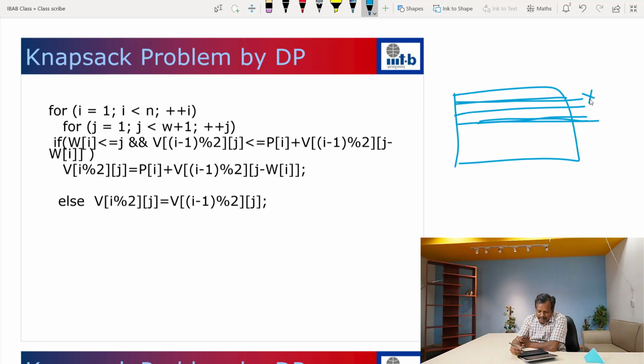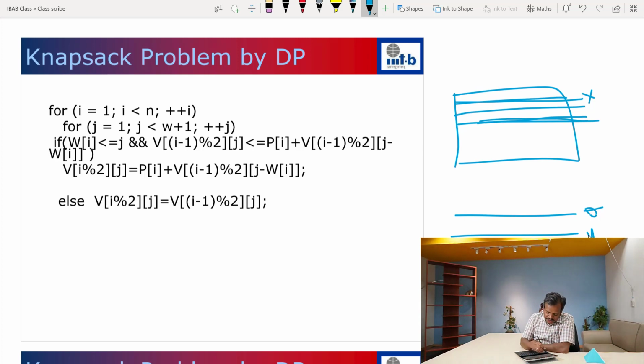So instead of having n rows, we have only 2 rows. The first row is initialized as 0 and the second row is written on this. When you want to write the next one, you go back and overwrite the first one, because that is again not required. Once you update this one, the next one will be updated alternately. So you just keep track of i mod 2, and i mod 2 is updated looking at (i minus 1) mod 2. The equations and the other logic here remain the same.